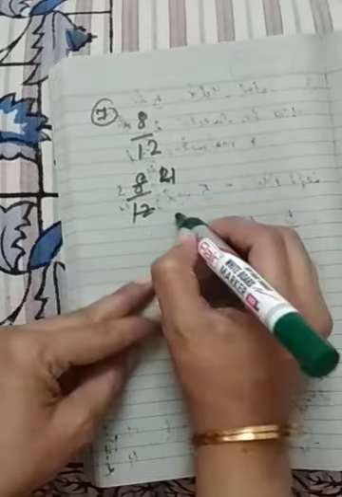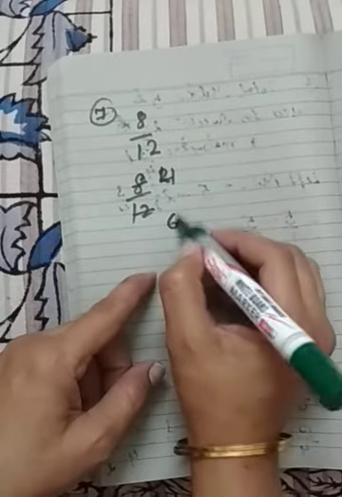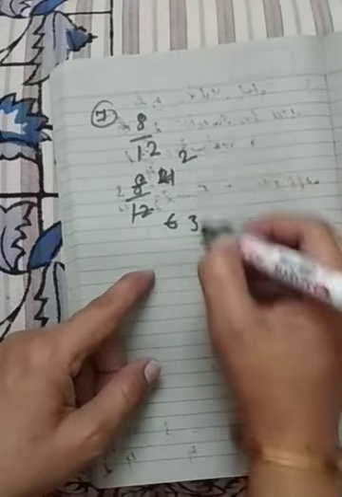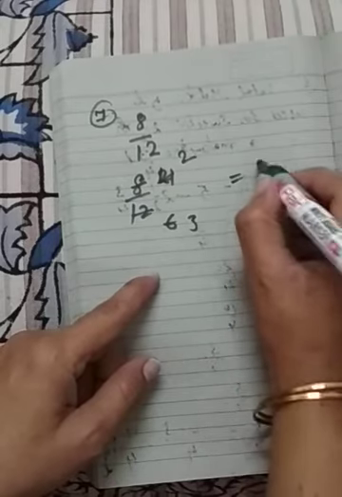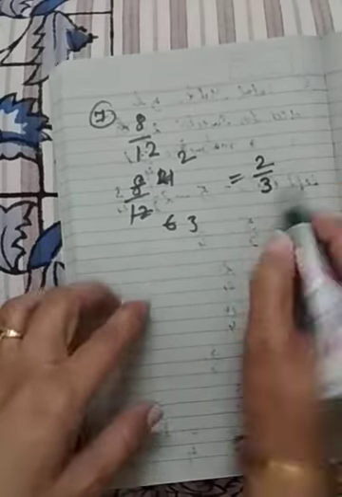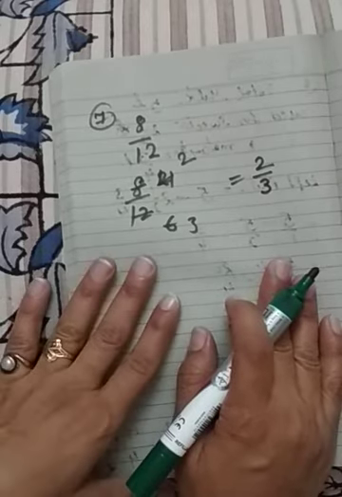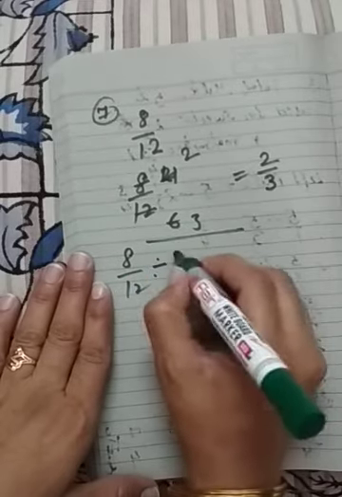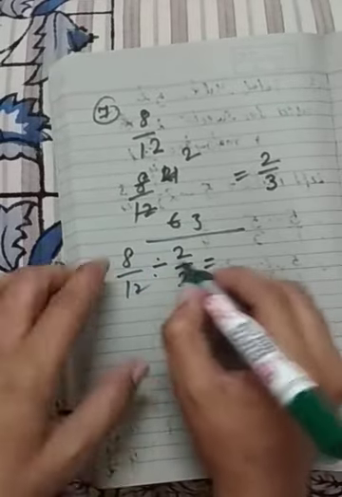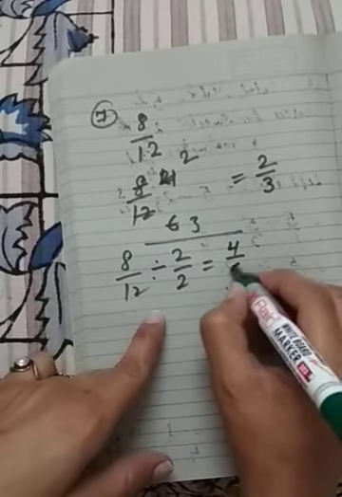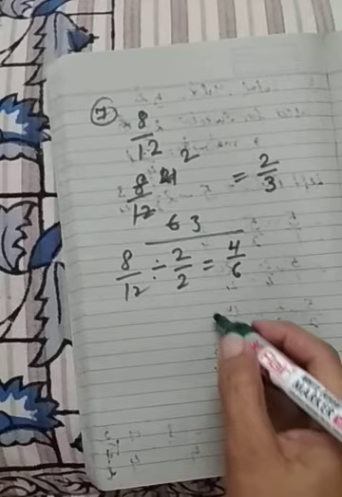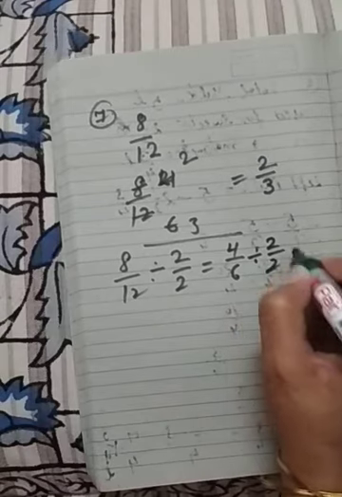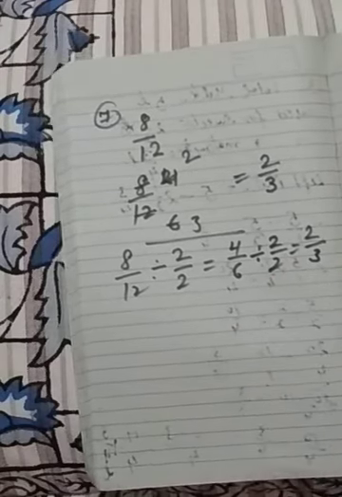2 4s are 8 and 2 6s are 12. Again 4 and 6 come on the table of 2. 2 2s are 4, 2 3s are 6. 2 and 3 now do not come on the same table, therefore 2 by 3 is in the lowest form. One way is this, you have to cut down the numbers, and the second is, 8 by 12. You know both come on the table of 2, that's why we divide with 2, and the answer comes 4 by 6. Now again 4 by 6 comes on the table of 2, that's why we divide, it comes 2 by 3.